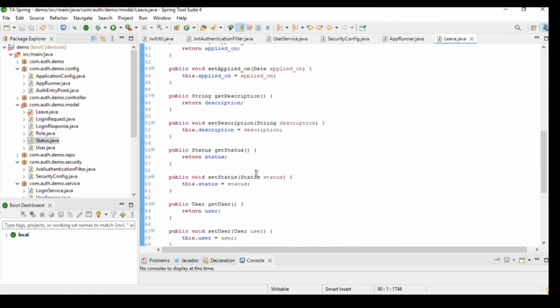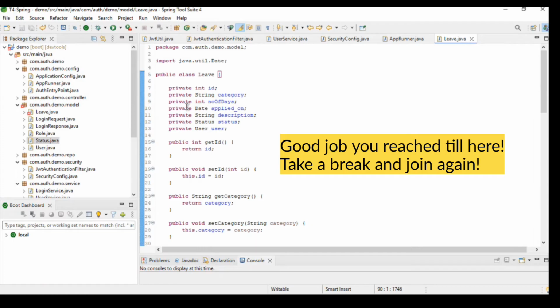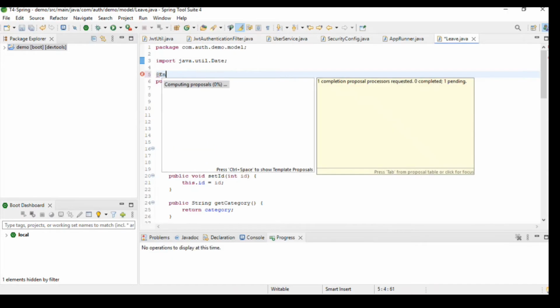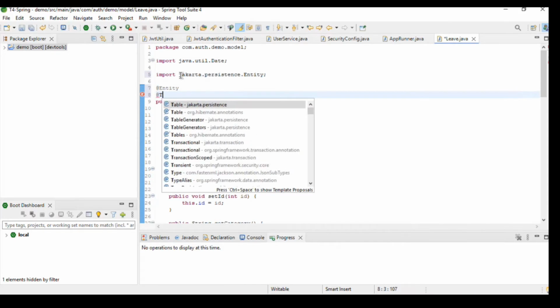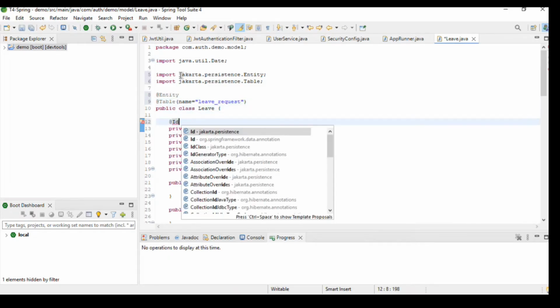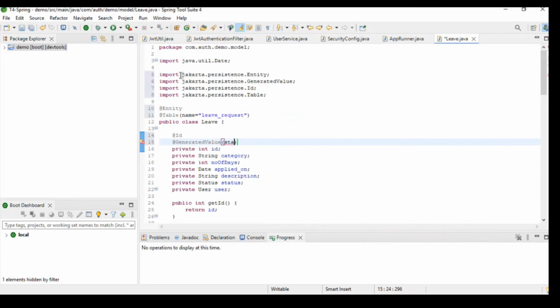Okay, and that's pretty much it. Now let's convert this complete object, a plain Java object, into a JPA. So let's make this particular leave request a JPA entity. So for that, I'm going to add entity. Okay. After that, let's add table. Let's say I need to have a custom name for my table. I'll say leave underscore request. And after that, let's add an ID over here. It's going to be a generated value. The strategy I want as